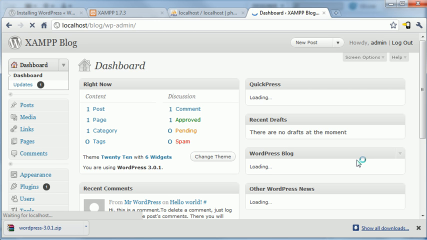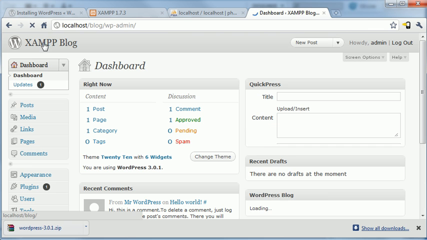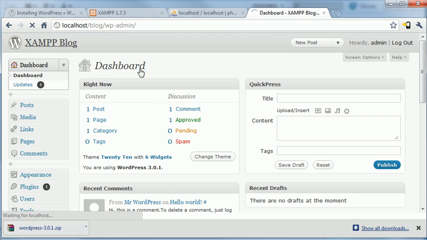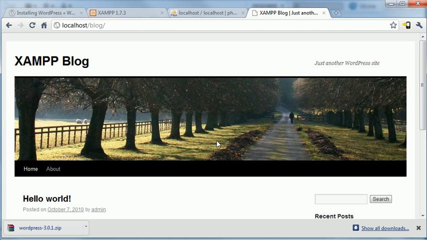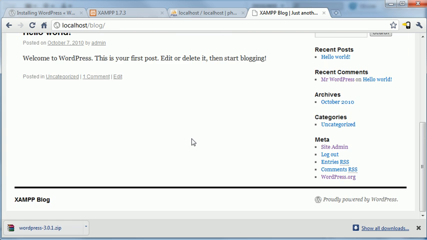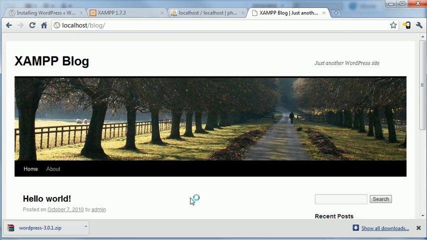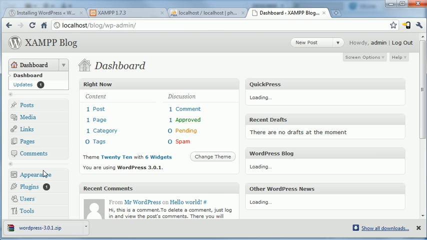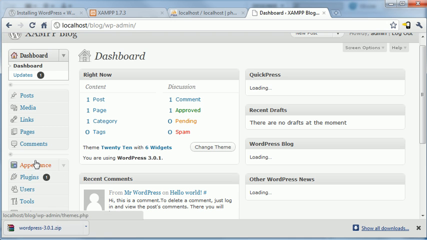But at this point, you can begin customizing your WordPress blog in any way you want. At any time, I can click the link kind of at the top here, and this will take me to the official blog page, which just has kind of a default theme, a fake first post, but you'll see this is actually a blog. Now if I go back to the administrator and I go down to the appearance section,